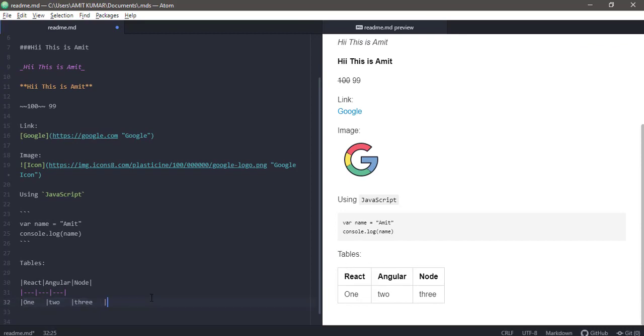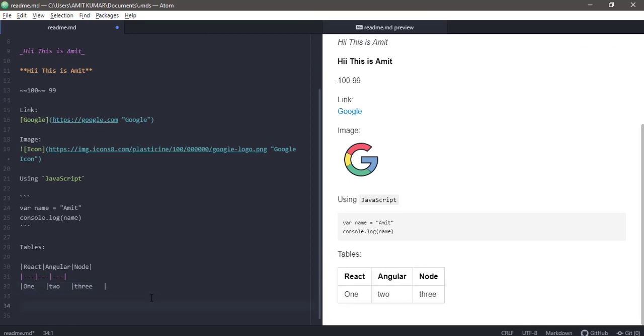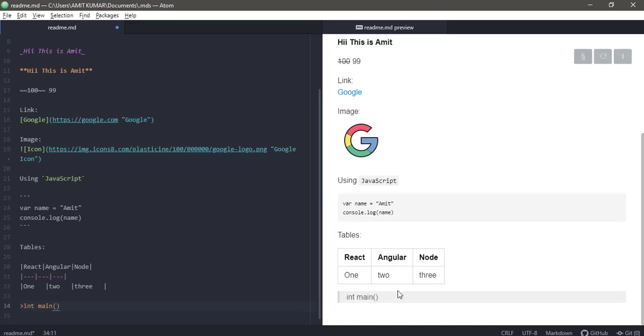Okay, now suppose we have to give a single line of code, then what we can do is simply write this one. Suppose we have to give code, then we can simply give a backtick and then write int main. So you can see this. If we have to add a one-line code, we can just give int main as the code.